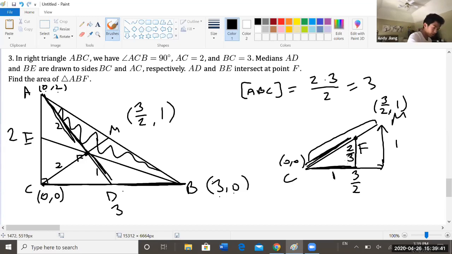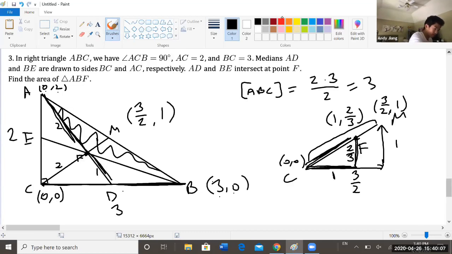That means my coordinate of F is 1, 2/3, because I went 1 to the right of C, and then 2/3 up from that point. All right, so my coordinate of F is 1, 2/3. And finally,